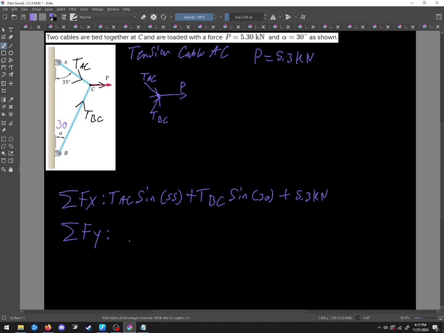And the sum of the forces in the y is going to be TAC cosine 55 equal to TBC cosine of 30 degrees. This should be the other way around, but it works out anyway. Okay. So knowing that these are equal,